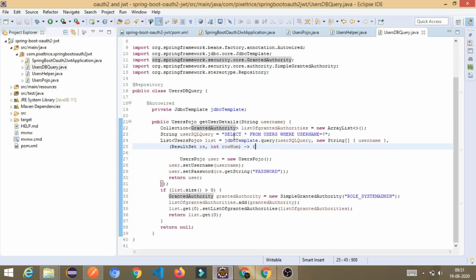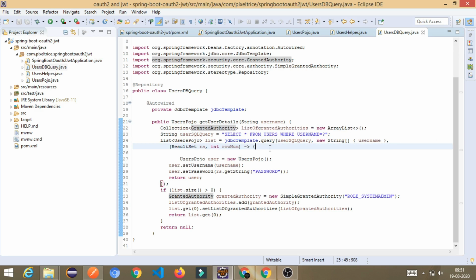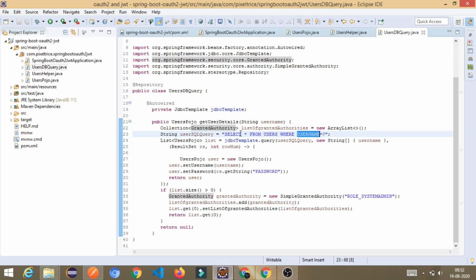Now in the third line I have written the query to fetch the data from the database based on the username. If the username matches, it will return the details of that particular user. Now, in the next step, I am executing the query and passing the user's SQL query.